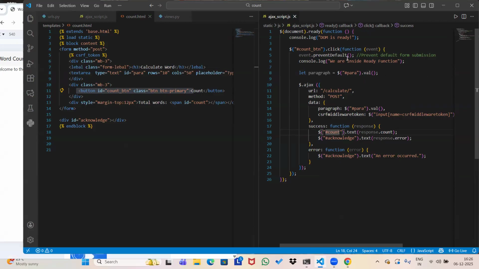Okay, now let me tell you that we work on Ajax because it prevents the default form submission. That means it will not reload the page in one time. It will be partial reloading. That's why we work on Ajax. And you can see that I have taken a click, which is event handling, and this click function is taking,